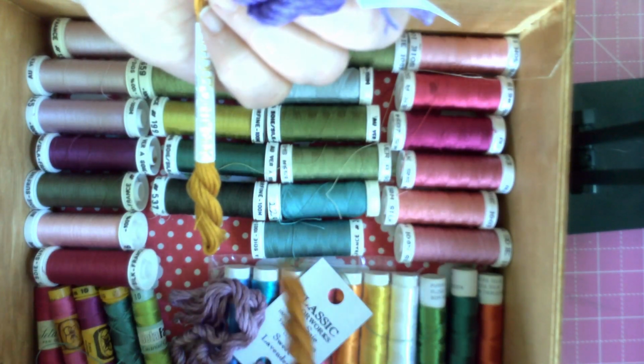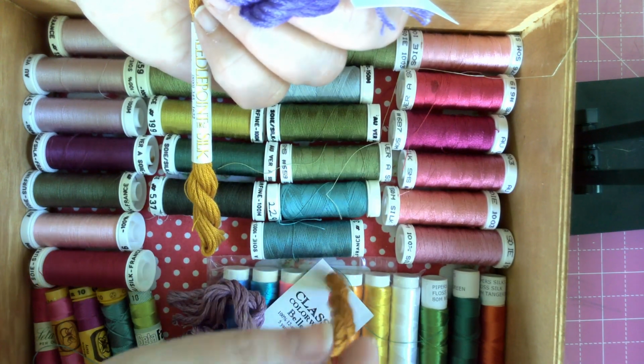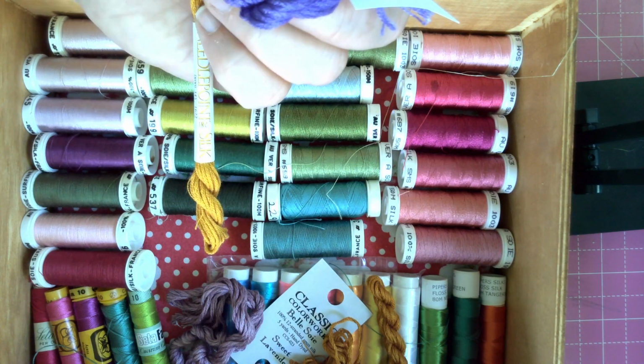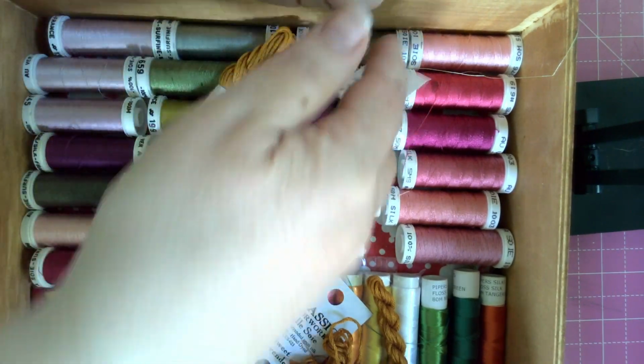6 strands, 8 meters. Is that what I said? Oh, yeah, 6 strands, 8 meters, and I just did the maths wrong. That's 48. So yeah, 40, 48,